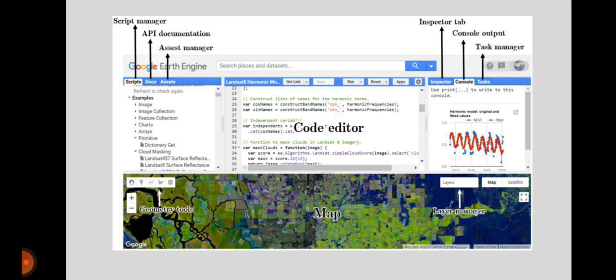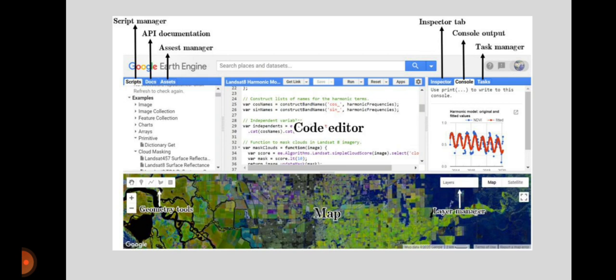Similar to the Earth Engine Explorer, users can set the visualization parameters and the layer manager in the code editor. The script tab is seen on the left side, in front of the doc.